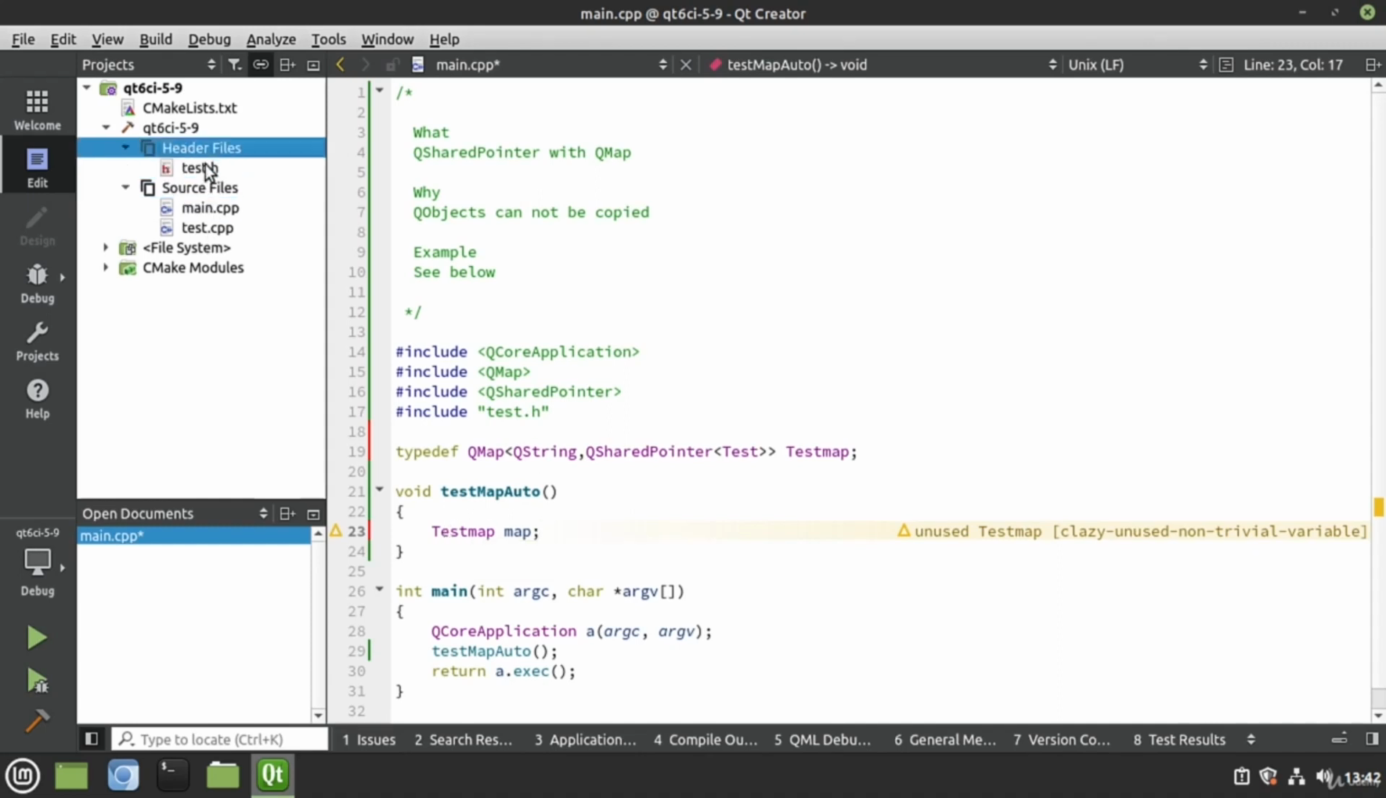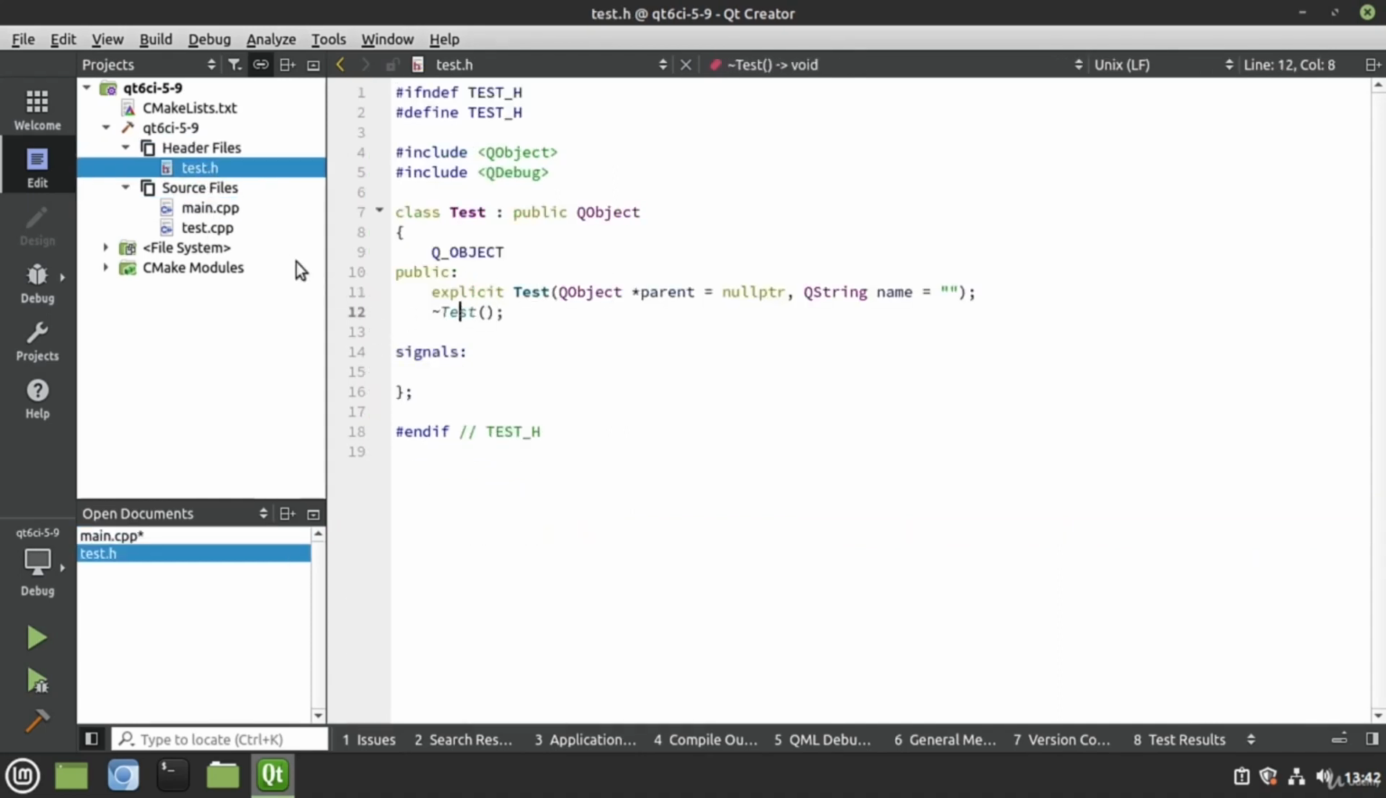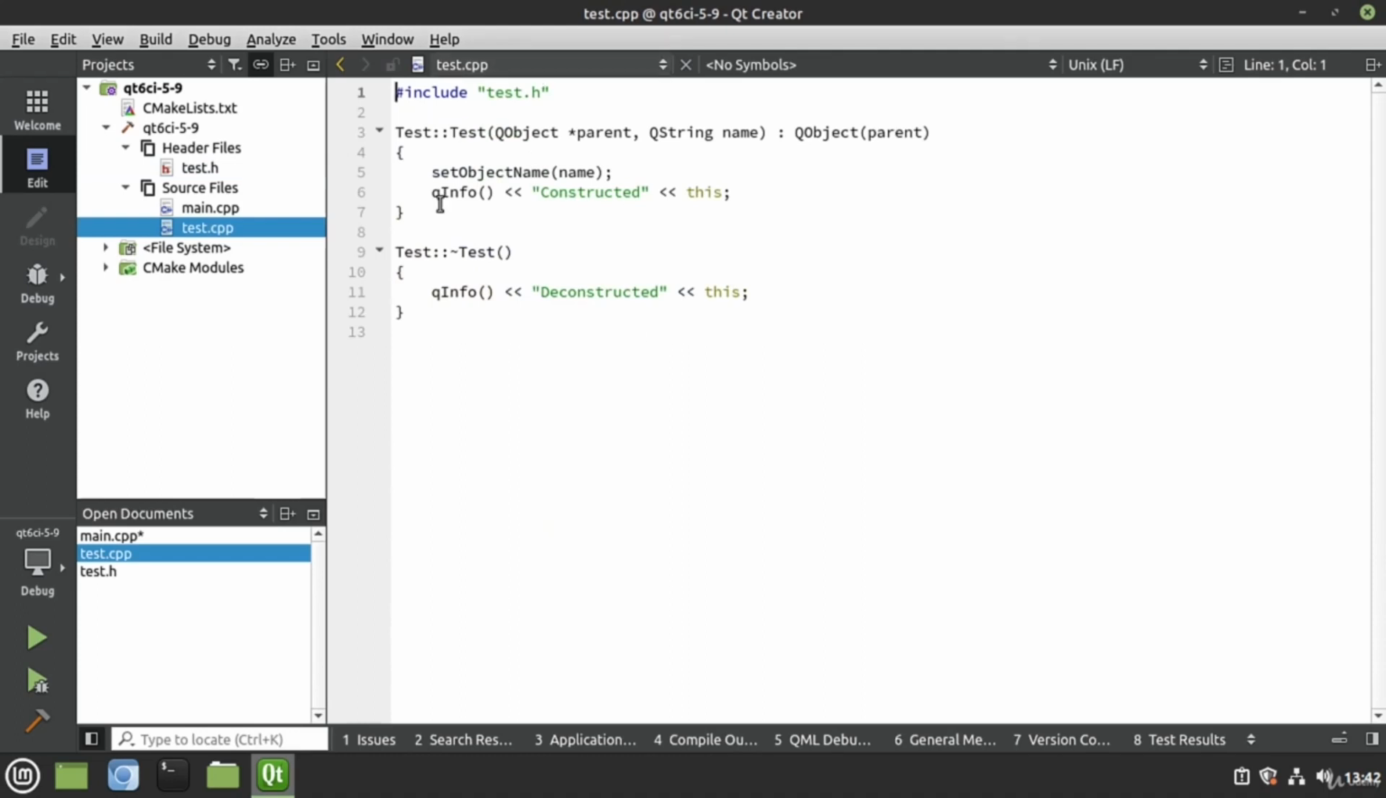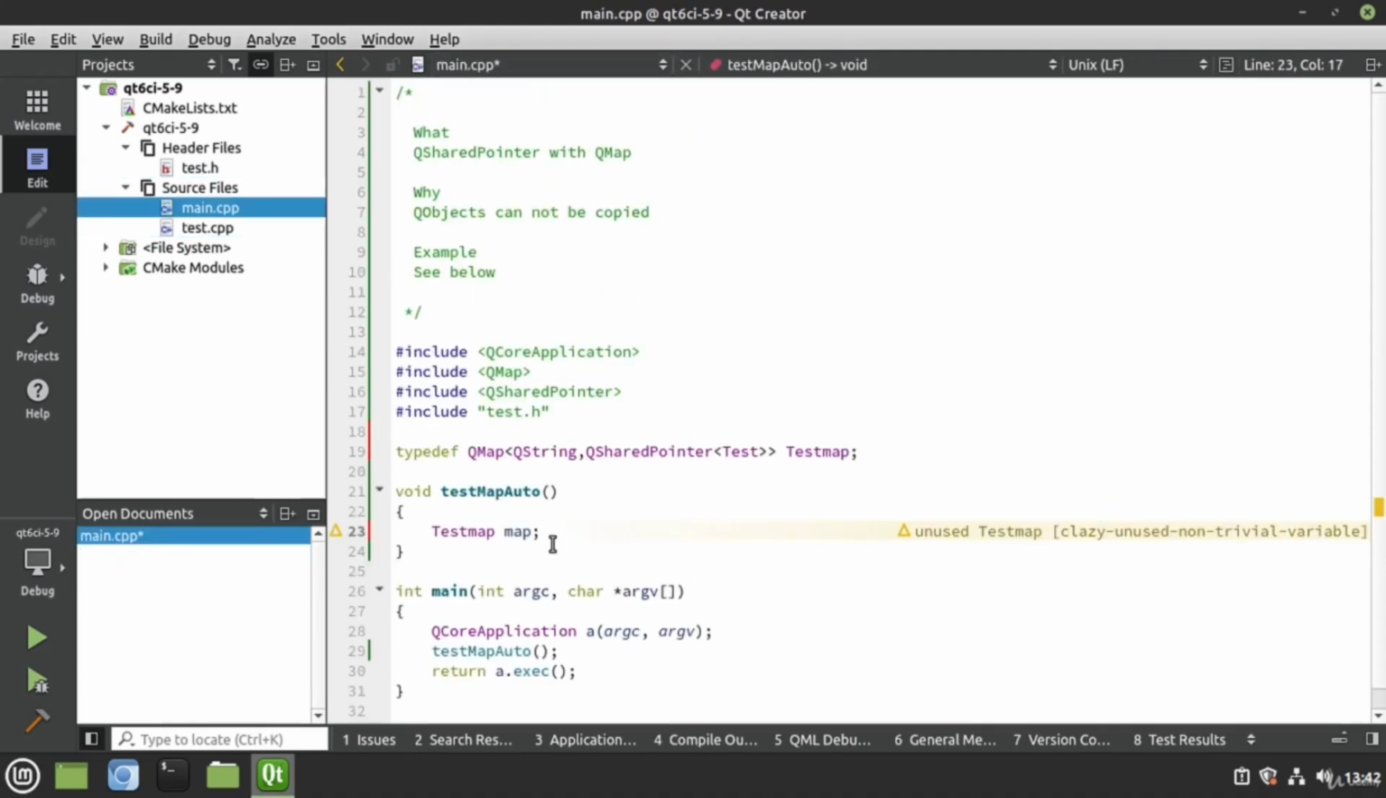Now remember, our test class again is just a constructor and a deconstructor that does absolutely nothing other than show us the object lifecycle. And it's very, very simple to work with. So from here, I can just say for